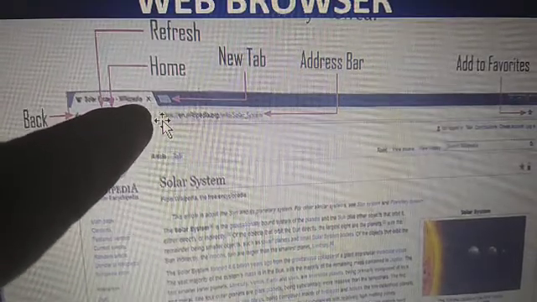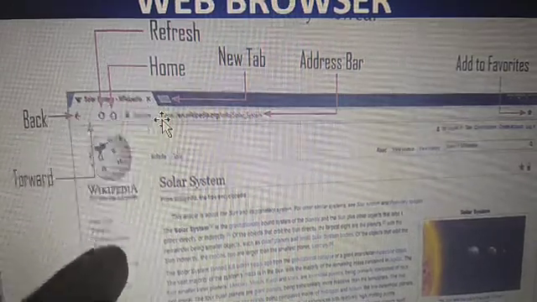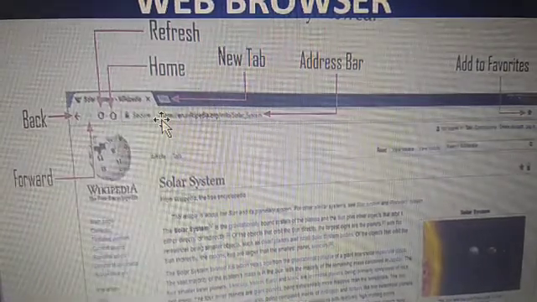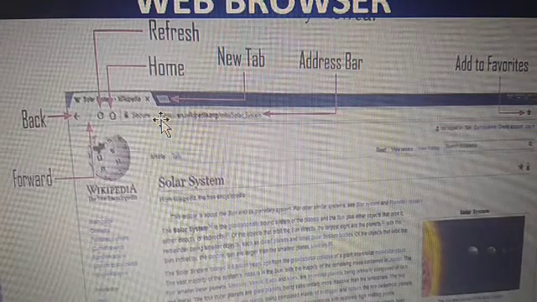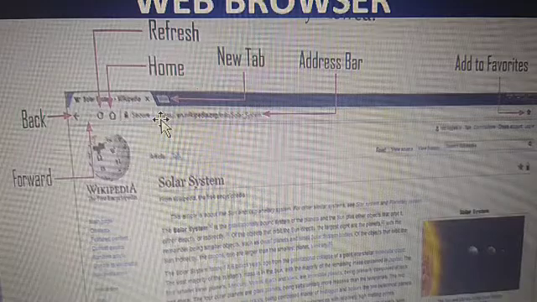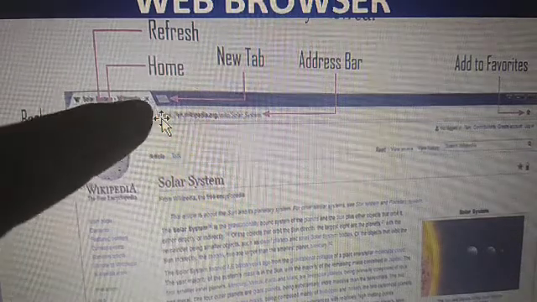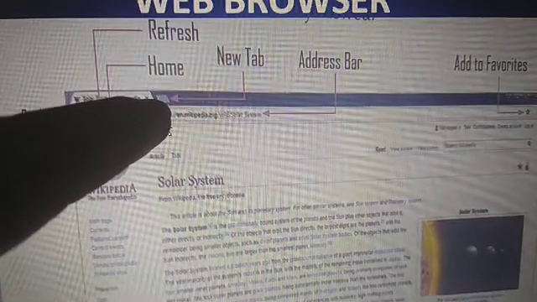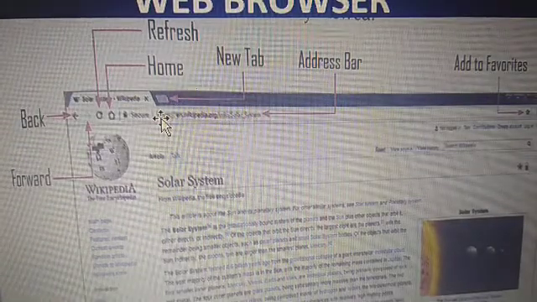When you click on the close button of this tab, the Wikipedia website will be closed. So in every tab there is a close button to close the website. Clear? And this is the new tab button, which will help you to open another website. I hope you understood this.